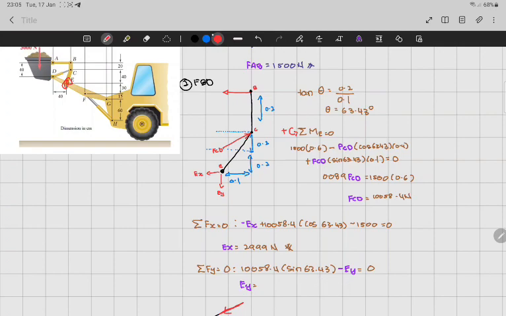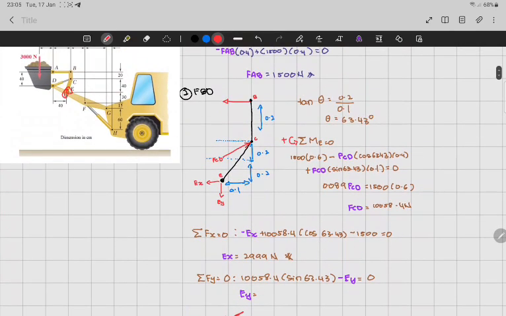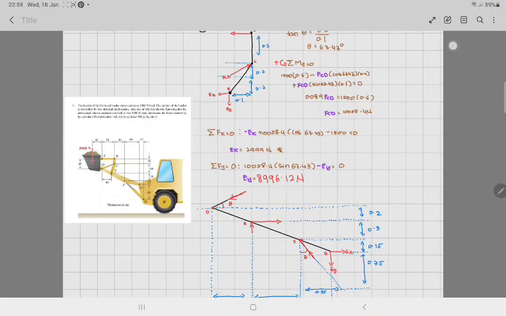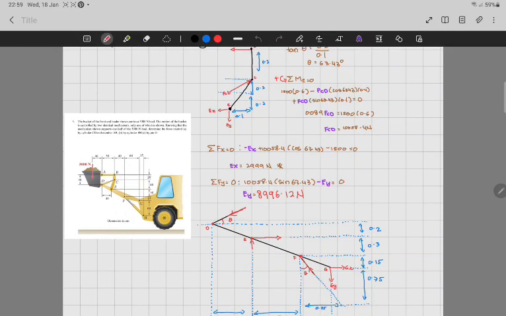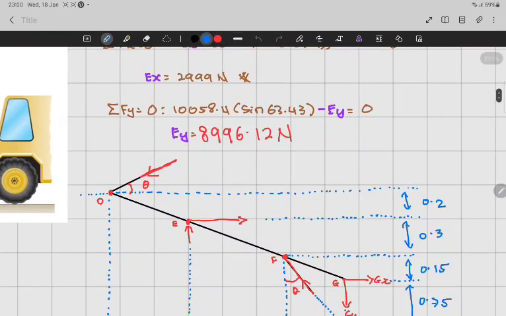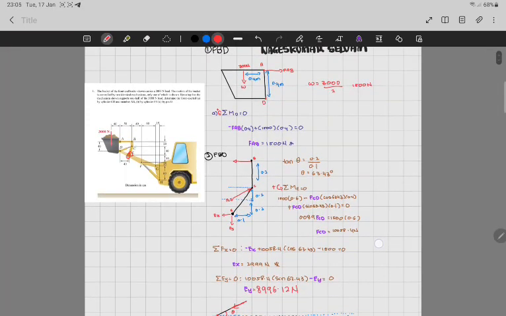So the answer over here is 8996.12 Newton. So for the EY, we got the answer of 8996.12 Newton. So this over here, EY is a compression. So next we are going to find out